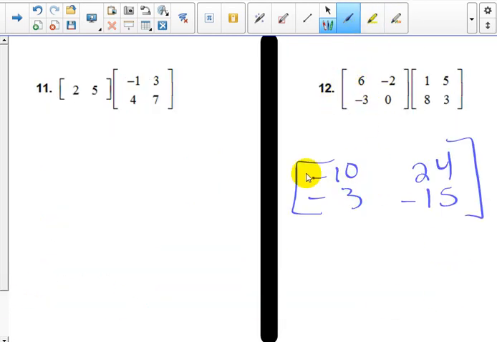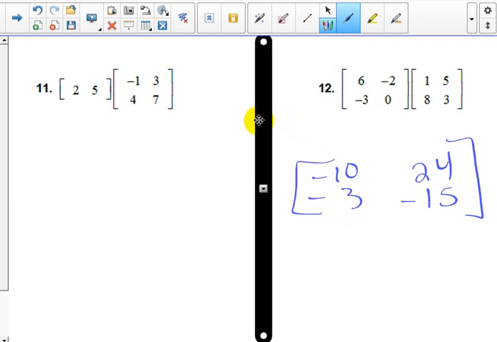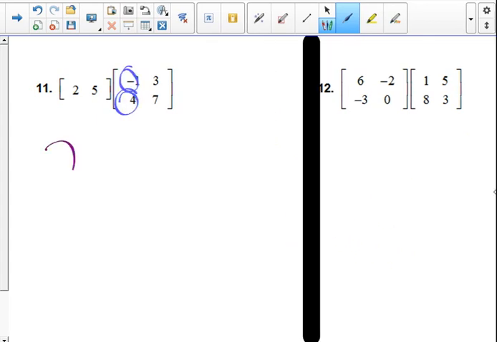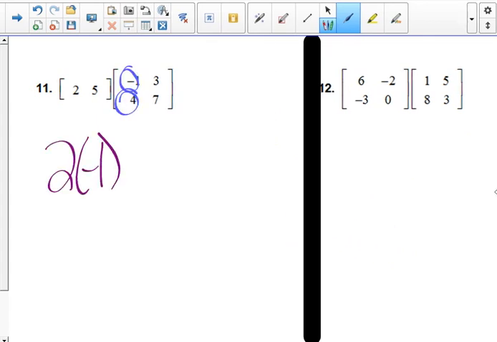The answer for 12, first row, -10, 24. Second row is -3 and -15. So if you don't get those, you've done something wrong. Work them again. Okay? 2 times -1